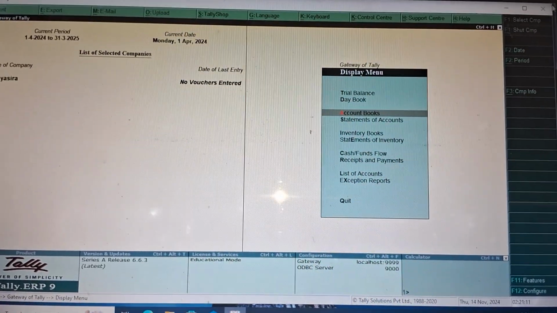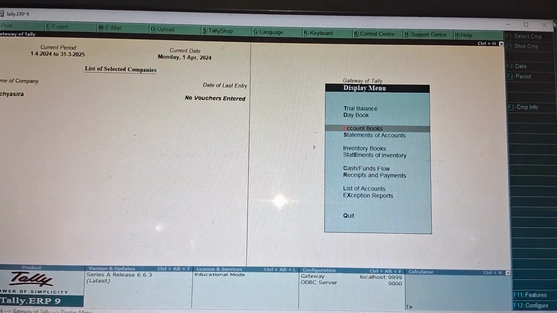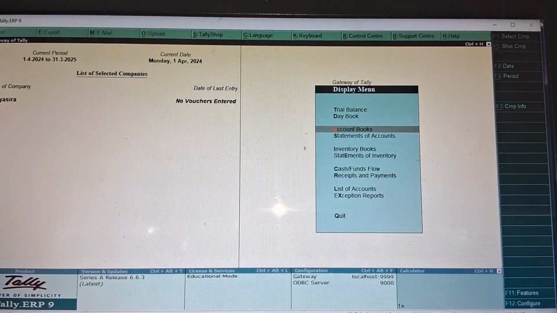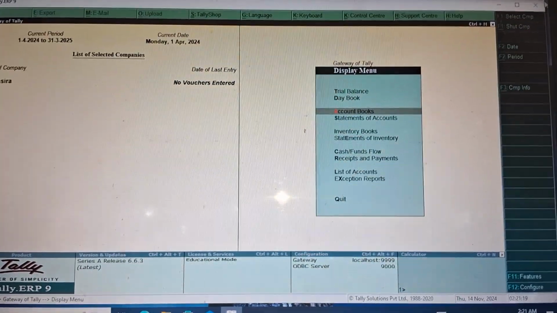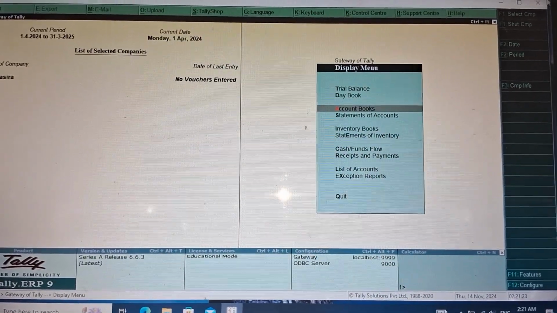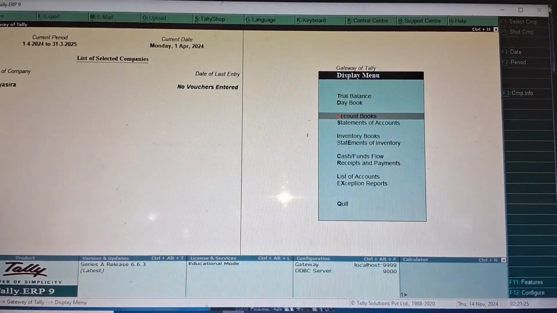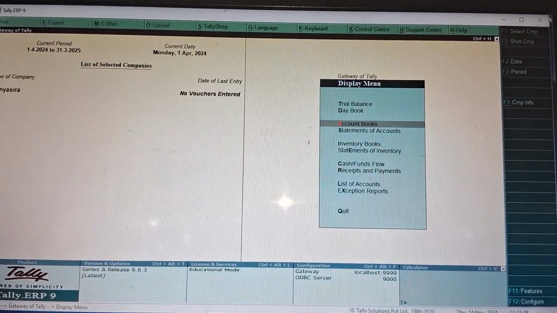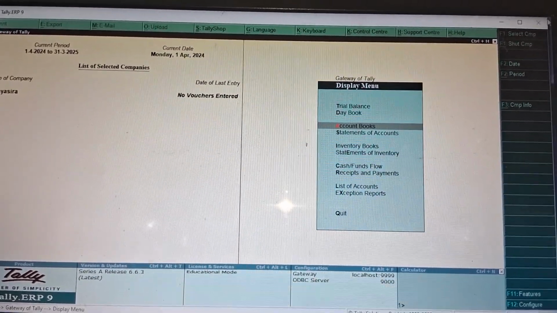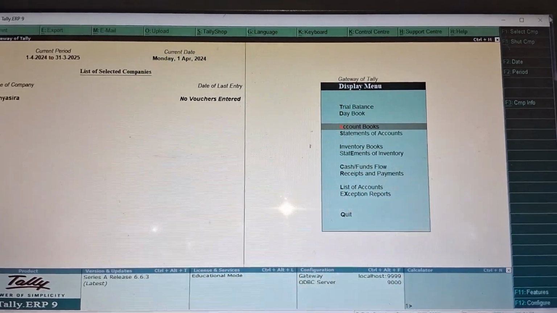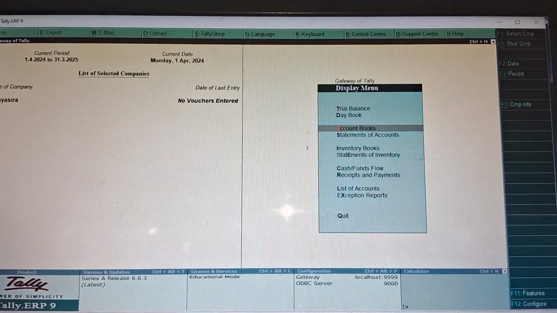Third, accounts book. What is an accounts book? It's also a book which records transactions, like the day book. The day book is also a regular recorder of transactions, but what is the difference between them? The accounts book is a book that records transactions such as money spent and received for a business, organization, or individual.